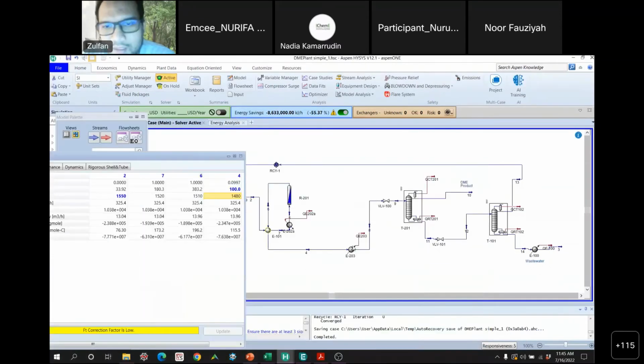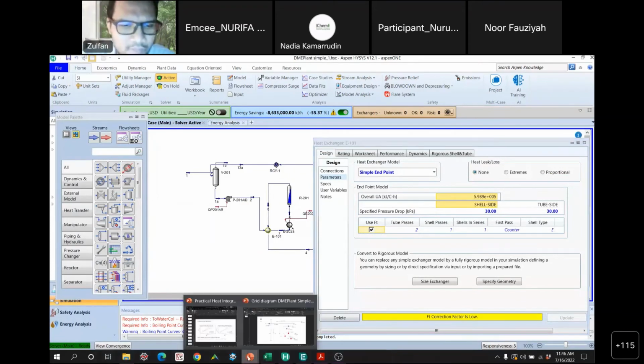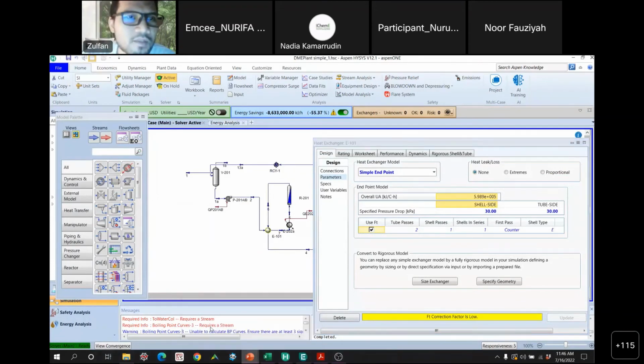For evaluating the options, it says the FT correction factor is low. It has everything to do with how many tube passes and shell passes, how many shells in series, and the type of the shell. So this is the TEMA type. If you can still remember your heat transfer class, especially in the book of Kern, I don't know if you are still using the Kern textbook for process heat transfer, or at least in Coulson. So if you go back to that graph,